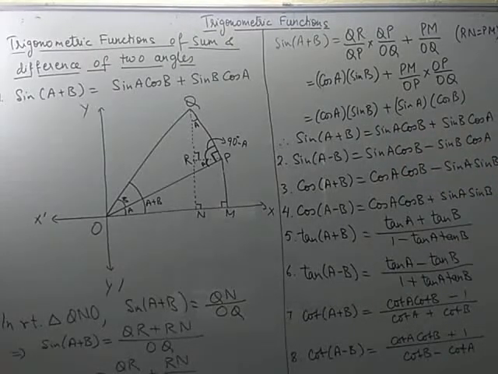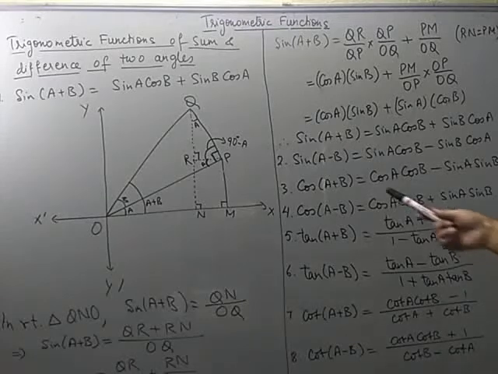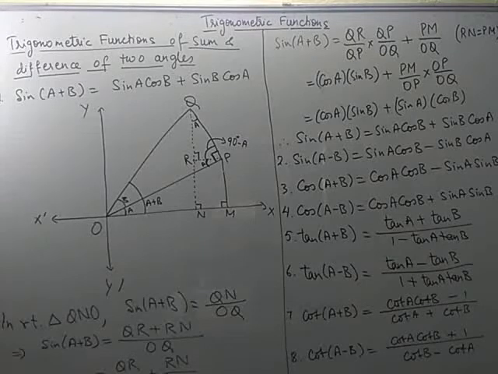You will see in the same manner, the rest of the results can be done. For cos(A+B), we will start with the ratio cos(A+B). If I need A minus B, then we can take the larger angle A and one of the smaller angle B, and so we can define A minus B. So all these derivations can be done in the same manner. I have written the rest of the results.